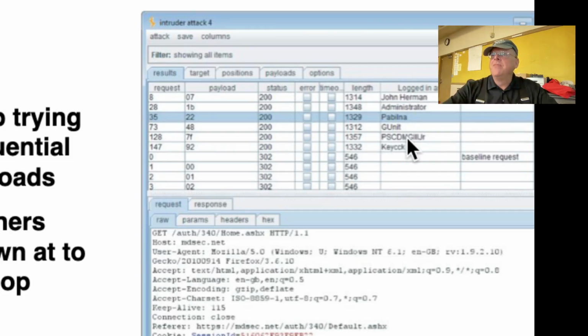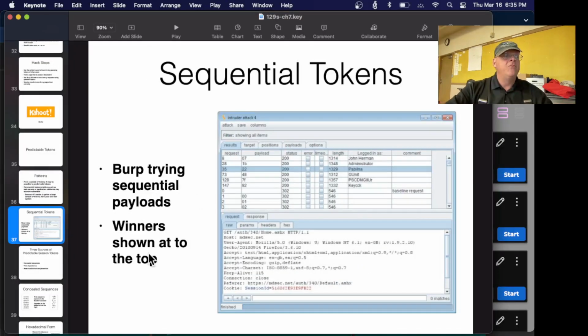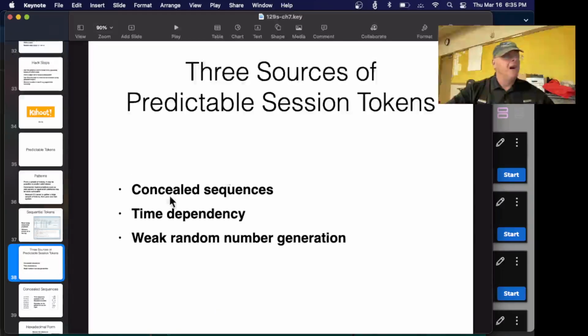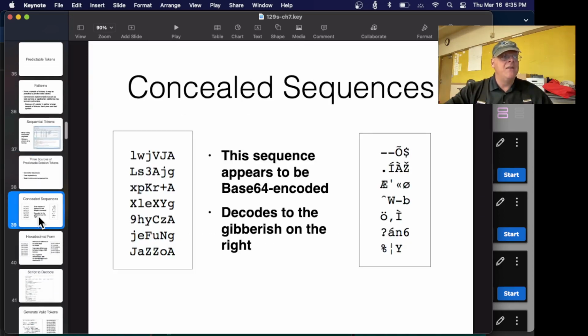So that's what you'll see if you're able to change a number and it turns you into different people. So there might be concealed, it could be an obvious sequence like that, where you can just add 1 to a small number. That's ridiculously easy. You see that. But then they might have done something to make it a little bit harder. Like we'll see, basically weak random number generators.